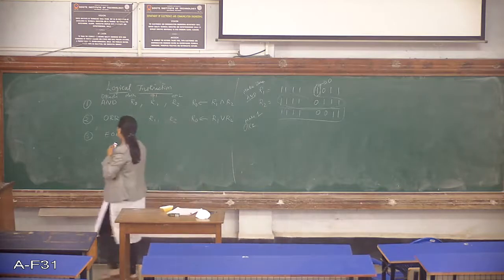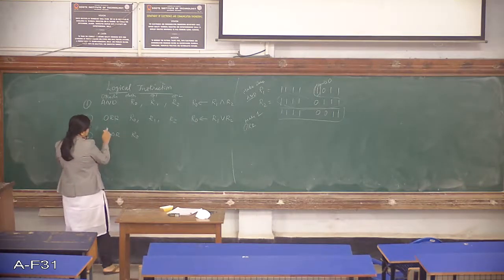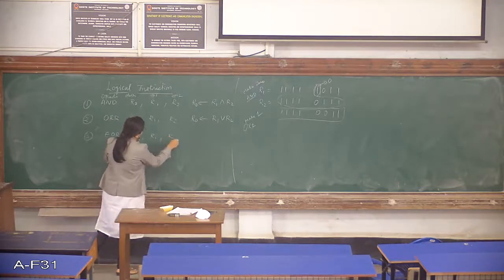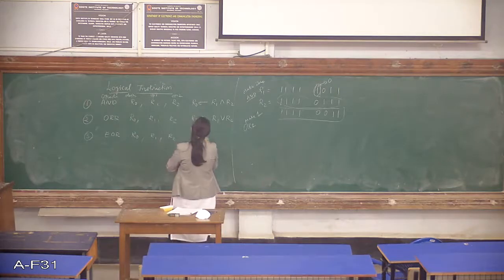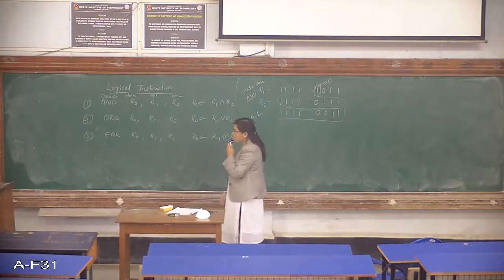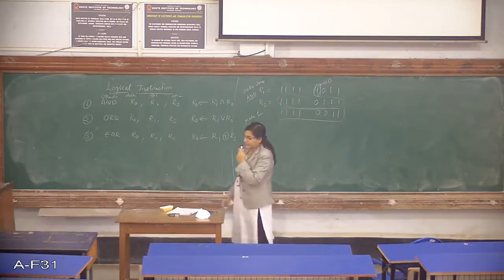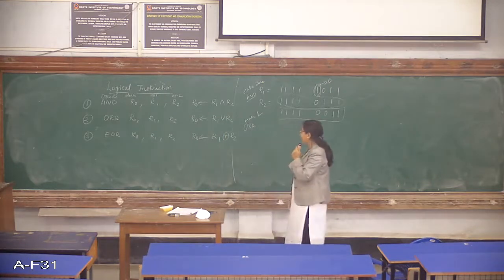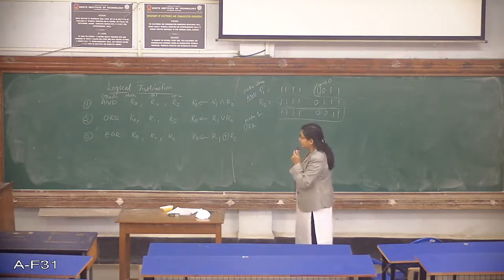Similarly, next we have XOR. EOR is the opcode, R0 is the destination, R1 is operand 1 and R2 is operand 2. This performs the XOR operation, R1 XORed with R2. Now XOR we normally use when you want to do some complement. If you want to complement any bit or a particular value, you always use the XOR operation.